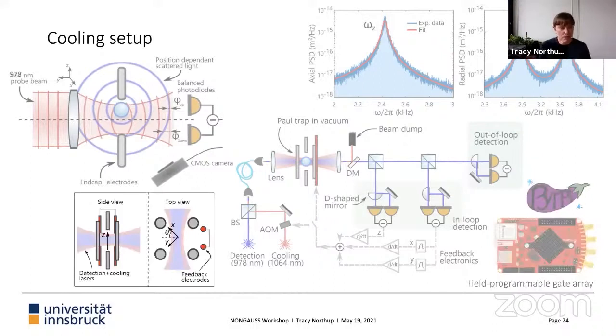So one option here is that we can, on the left-hand side here, feed back to a cooling laser, which is at a slightly different frequency at 1064 nanometers. And we can superimpose a potential from a laser on top of the trapping potential from the ions. So we have a hybrid potential, and then we're turning up and down that trapping potential of the laser in order to make things deeper or shallower for the ion, depending on its motion.